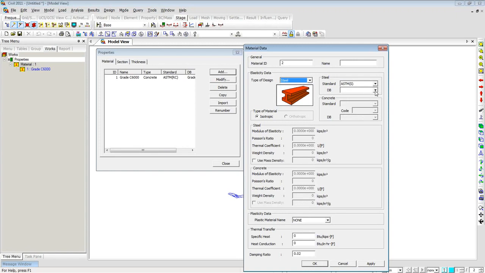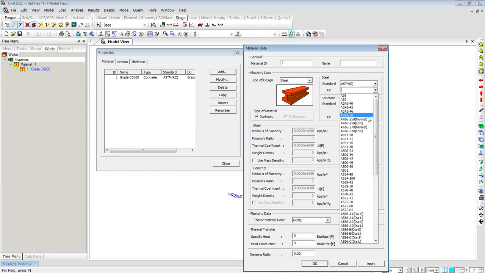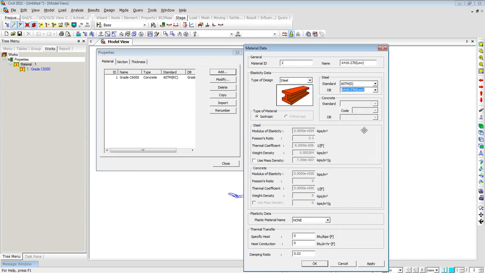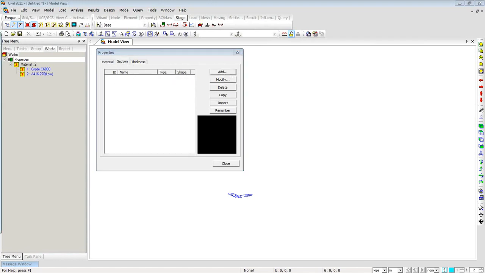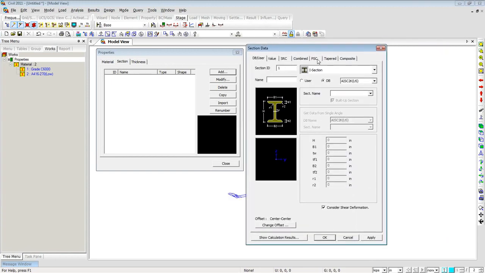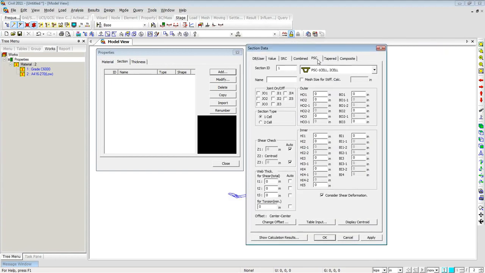Then I can select steel material. I can go to ASTM standards and select A416 270 low relaxation strands and then click OK. So in this way I can define materials, and similarly I can go to sections. I can click add and go to prestressed concrete section or PSC sections, where I can choose